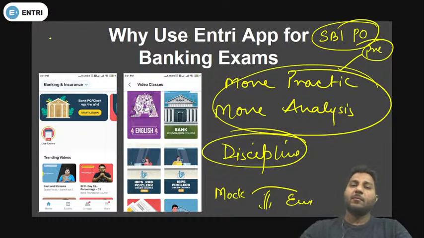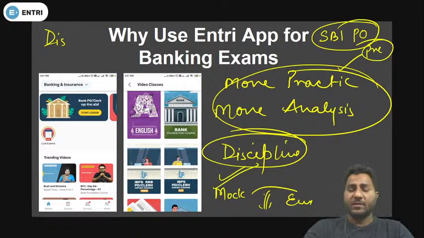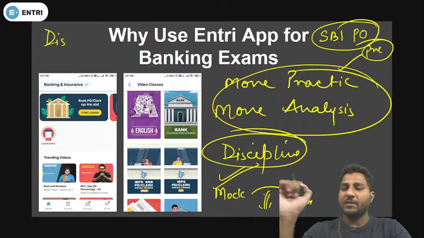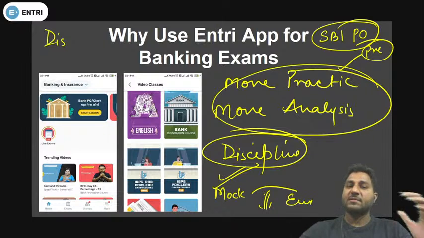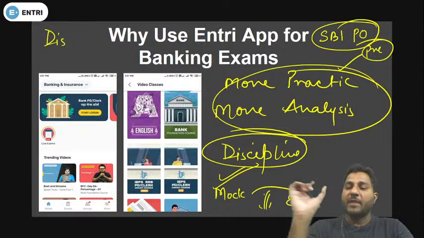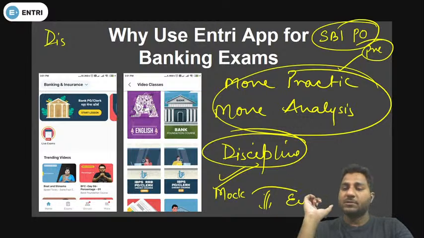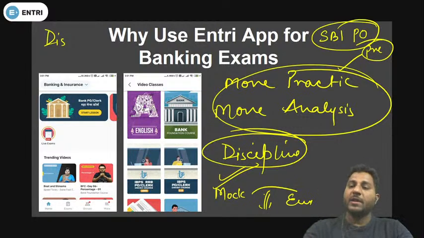Look, more practice, more analysis, and one more thing, discipline. Discipline must be there, because the syllabus is not as lengthy as for the SSC or UPSC course. Our syllabus is short and sound, but the level of the examination is high. So if you want to match the level of the examination, you must have an organized method. And how are you going to generate this organized method? You will practice more, and you will make your queries available for your educator.